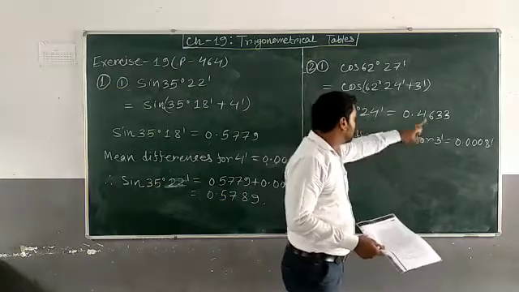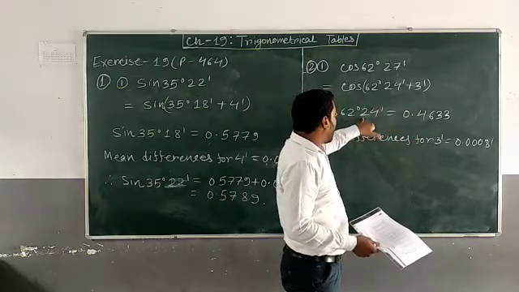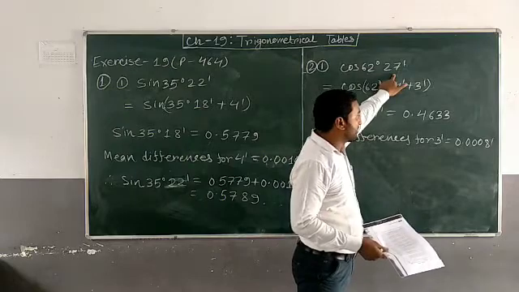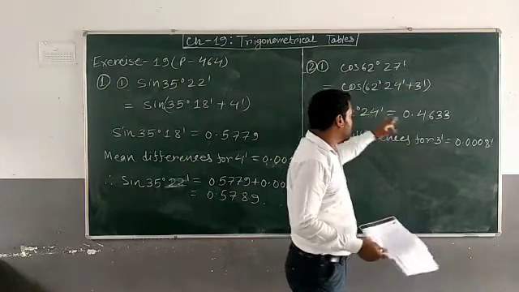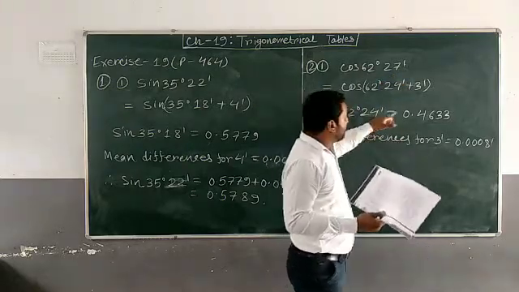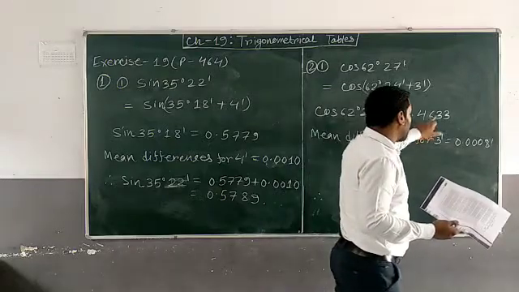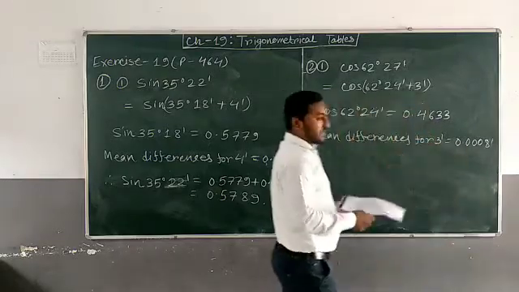So this 3 minutes will be added to this one to find the value of 62 degree 27 minutes. When you add this angle with this one, the angle will increase. It means this value will decrease, and you have to subtract this value from this one. So finally,